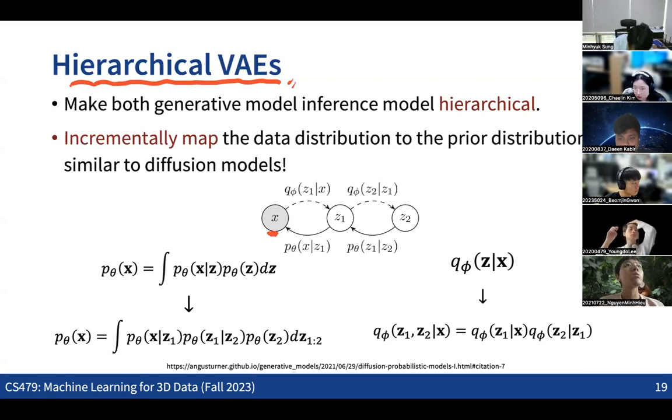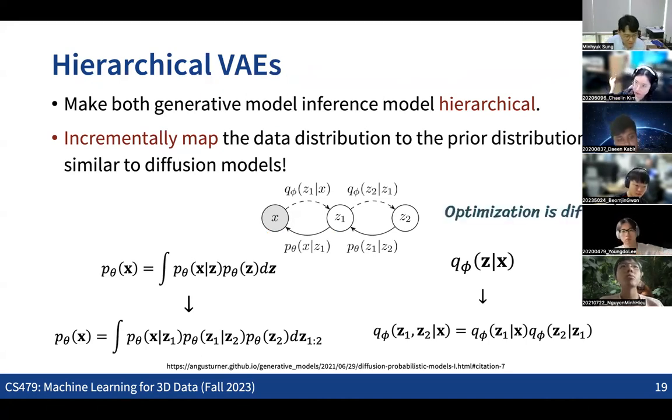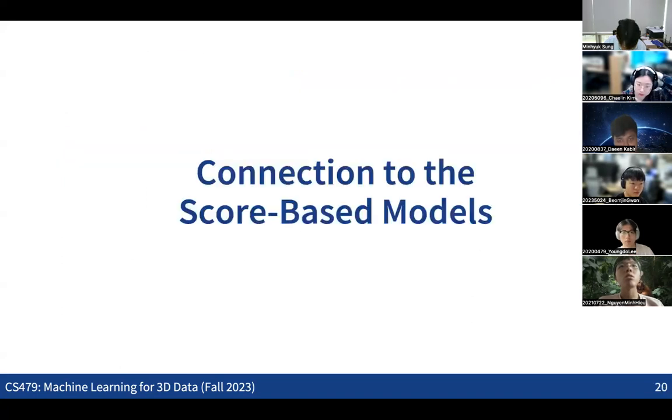So that was the initial idea of how we use the same formulation as the VAE while improving the quality of the mapping by stacking multiple Gaussian transitions. This is also similar to diffusion models, but the way that we are learning the probability density function, the distribution, is different. And this specific hierarchical VAE formulation is known to be really difficult to optimize for all the parameters. So that's why we started to see the idea of the diffusion models